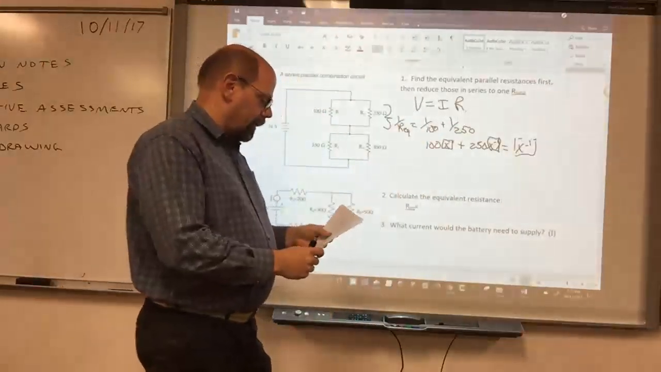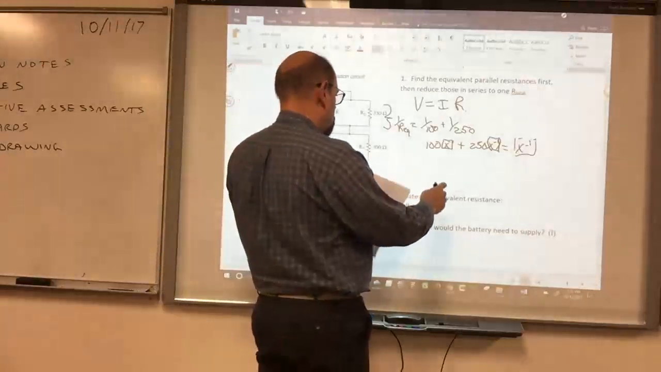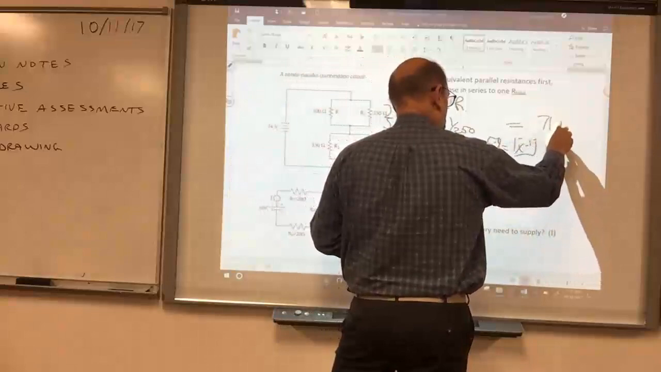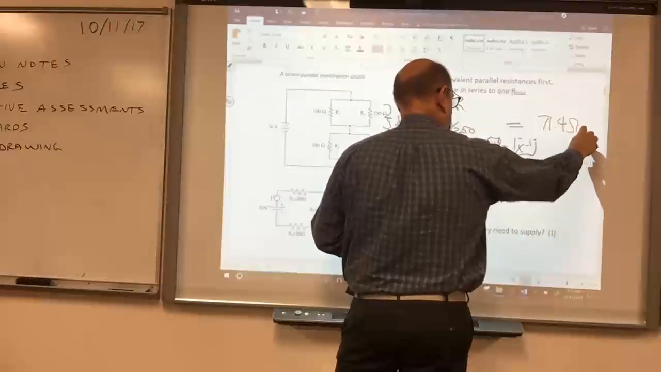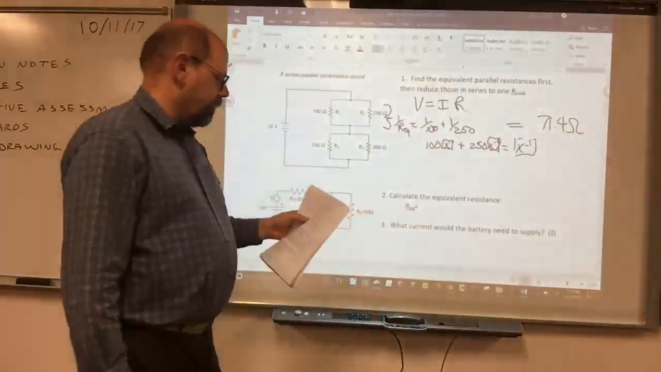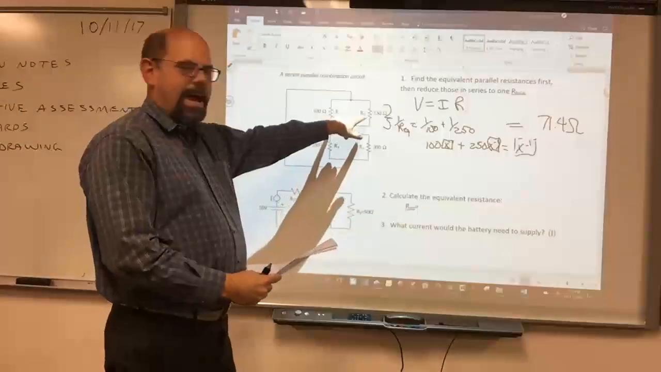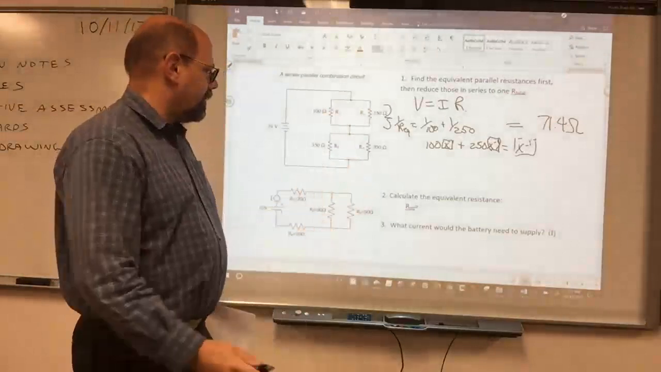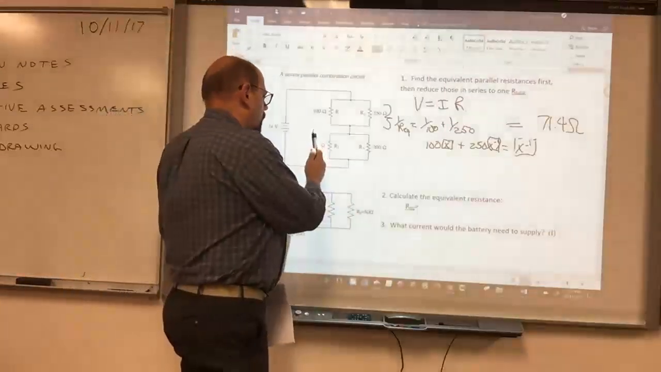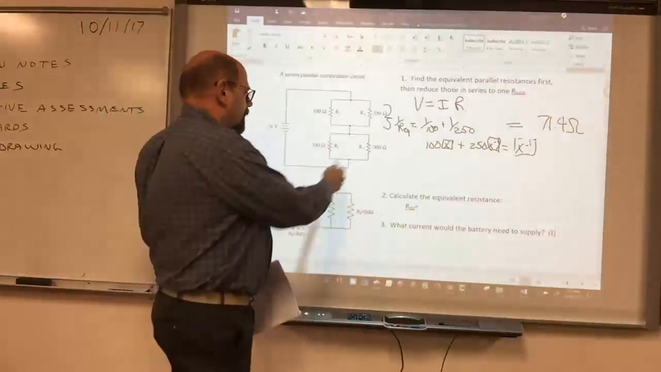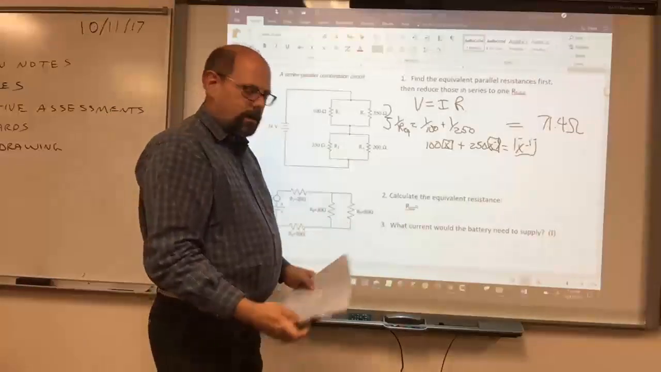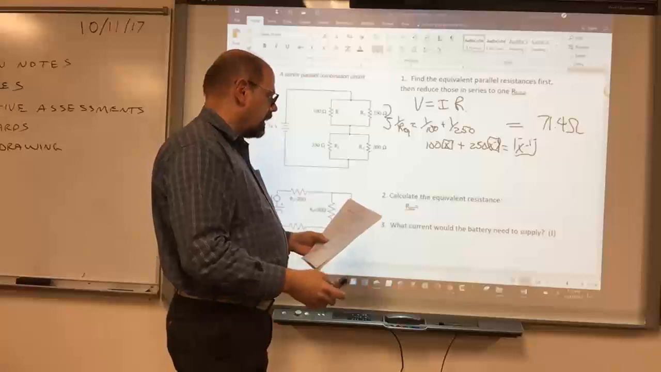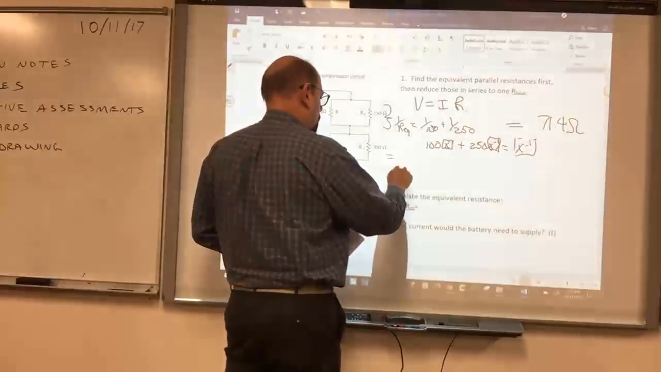And when I do that, I'm going to get a value of 71.4 ohms. Okay, 71.4 ohms for those top two together. They're acting like one single resistor, 71.4 ohms. Let me do this bottom one again, but I won't go through the same details. When I take 350 inverse plus 200 inverse on the calculator, and I add those, hit the equal sign, and then hit inverse again, this one ends up becoming